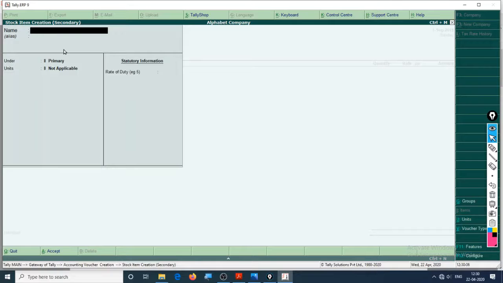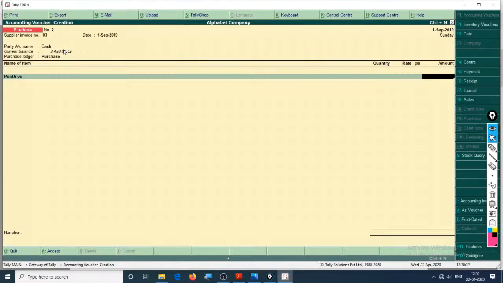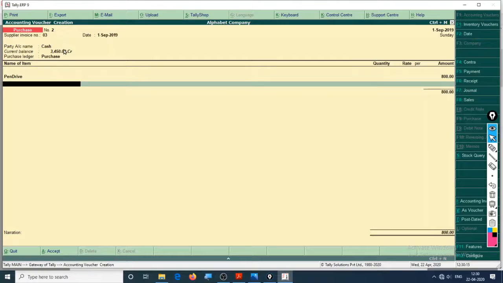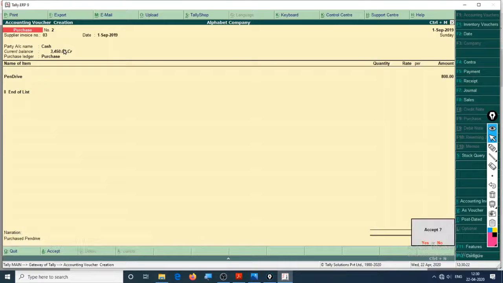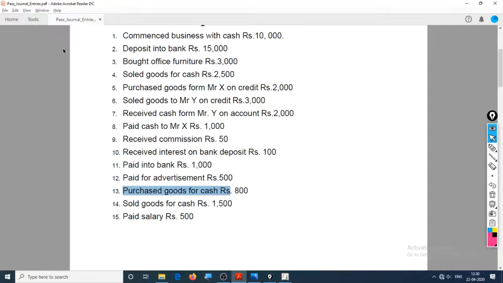So let's create a pen drive. Okay, enter. So we have purchased a pen drive of rupees 800. You can also skip the narration. It is not compulsory to fill the narration, but it is advised because there are hundreds of transactions in a business, and one day if you want to check which transaction was what, you can easily check with the help of narration.